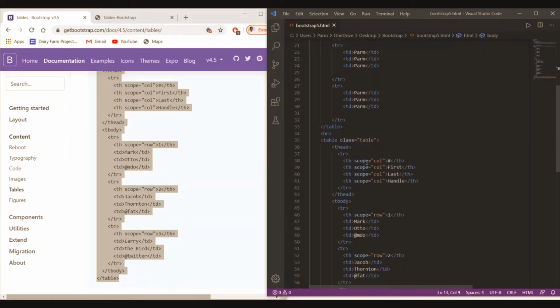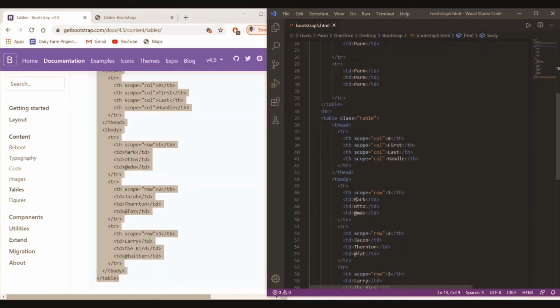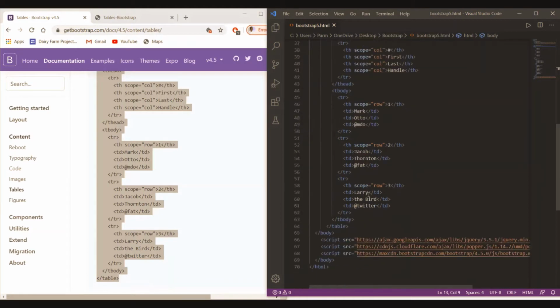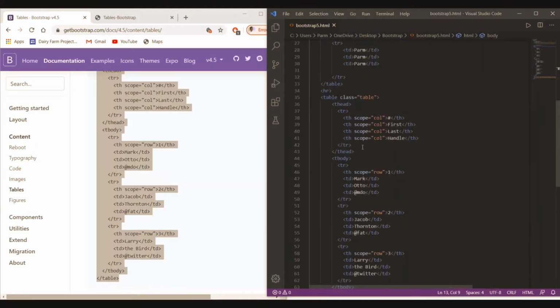Then here we have used scope col, that is by default column of size XM, extra small. Then here we have scope row, that is nothing special, used for making the row head. Nothing special over here. So the rest are the same.